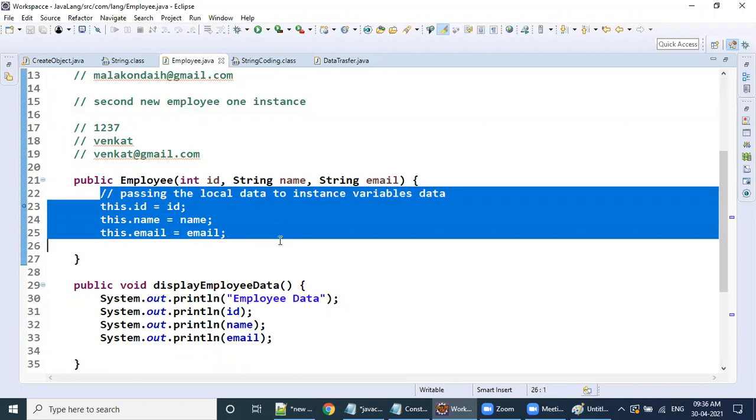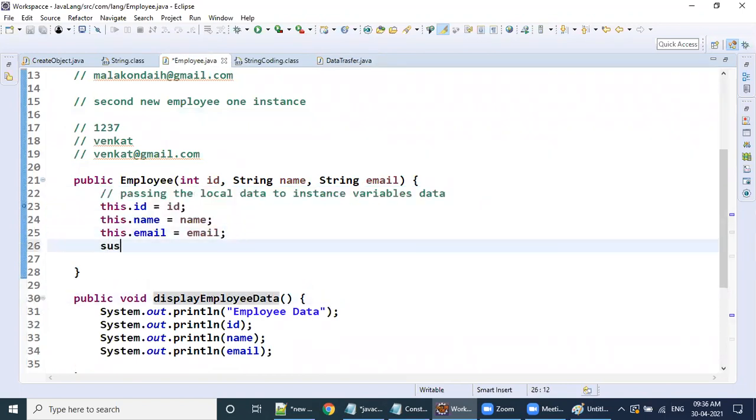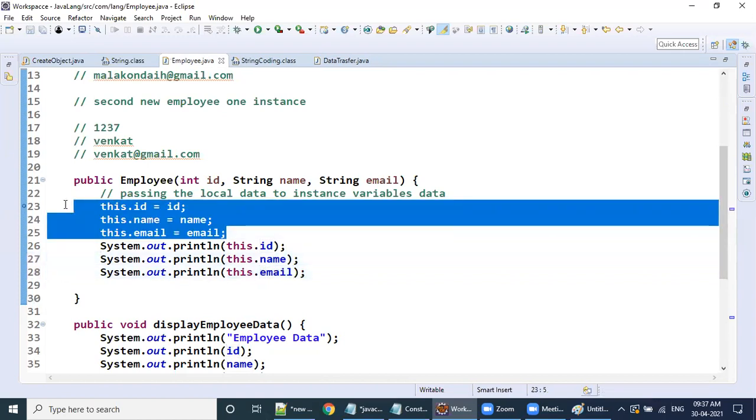See, directly I'm accessing this data. I can place this.id. Can I access it directly? Any restriction here? this.id, this.name, this.email.